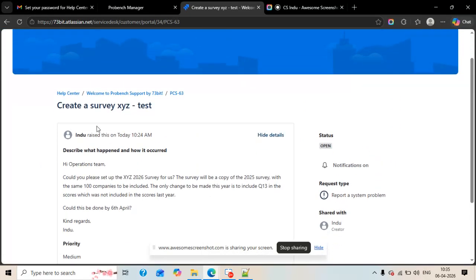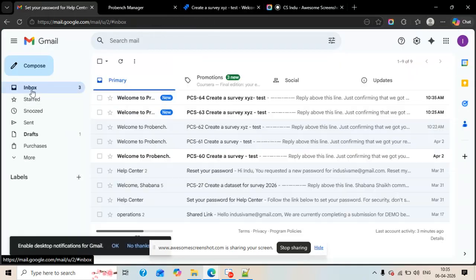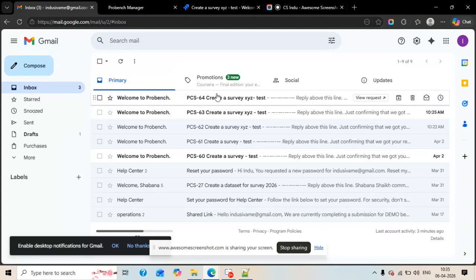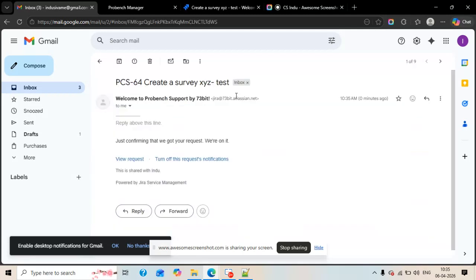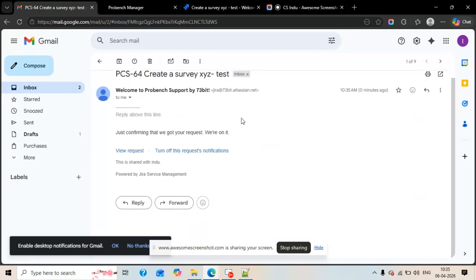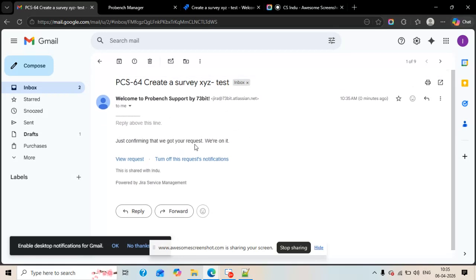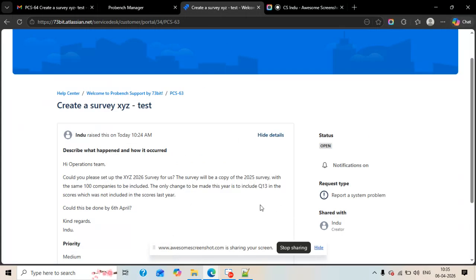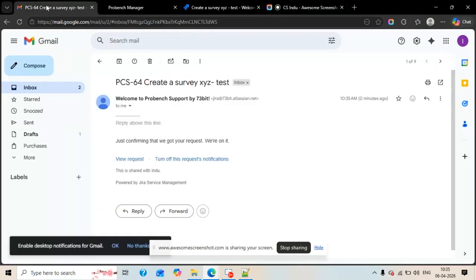The same ticket, once it's created in this support center, you will receive an email as well. So PCS 64 is my newly created ticket, and this is the confirmation email saying my ticket was created. For this and any other changes on this particular page, you will receive an email as well.